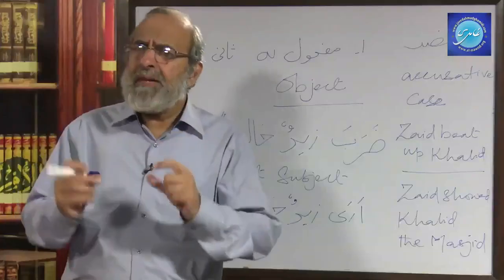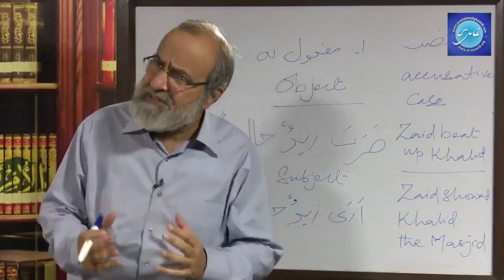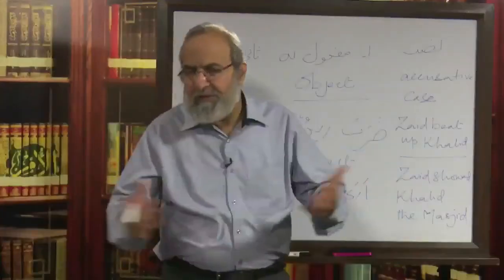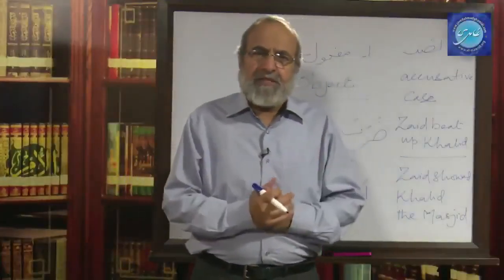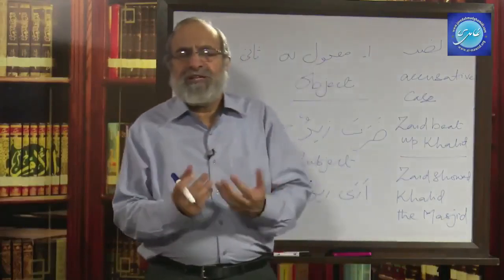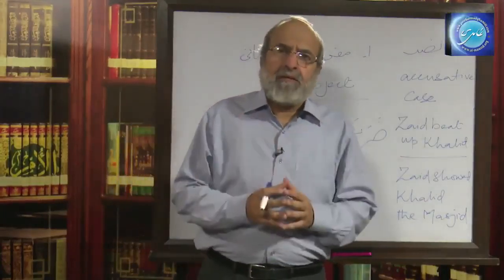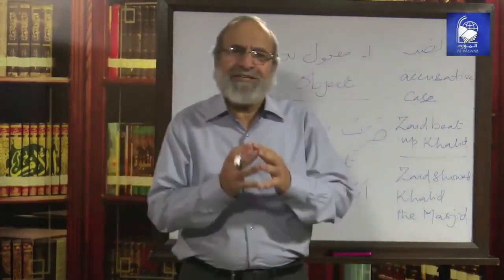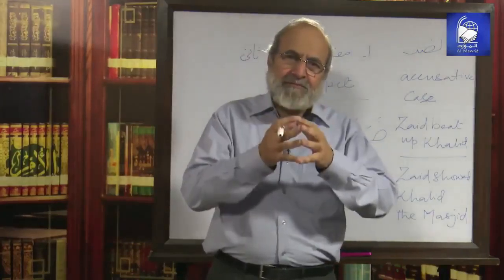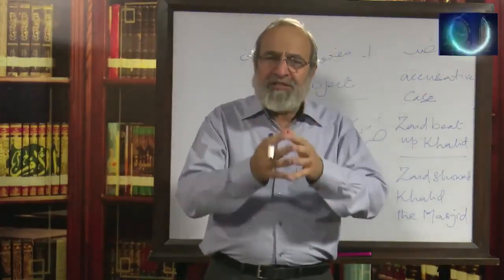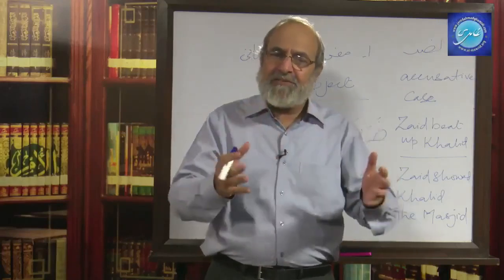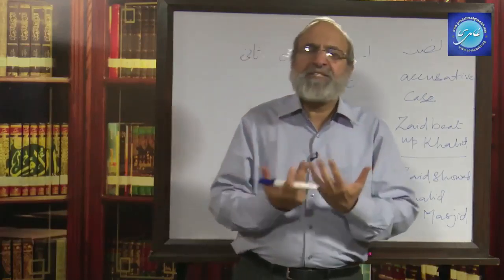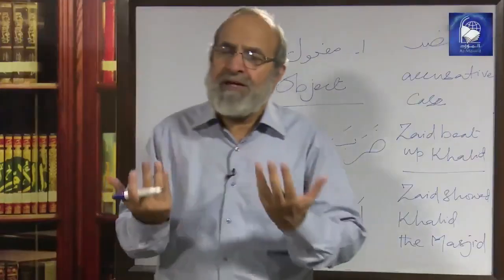Now, naib fa'il comes when there is a verb which is in the passive form. Normally, verbs appear in the active form. He beat up. But then obviously sometimes you also say he was beaten up. And we've already discussed that, when you are talking about passive verbs, you don't talk about the subject of the active verb. You talk about the object of the sentence wherein you have an active verb, and that object, in a sentence where you have a passive verb used, becomes naib fa'il.